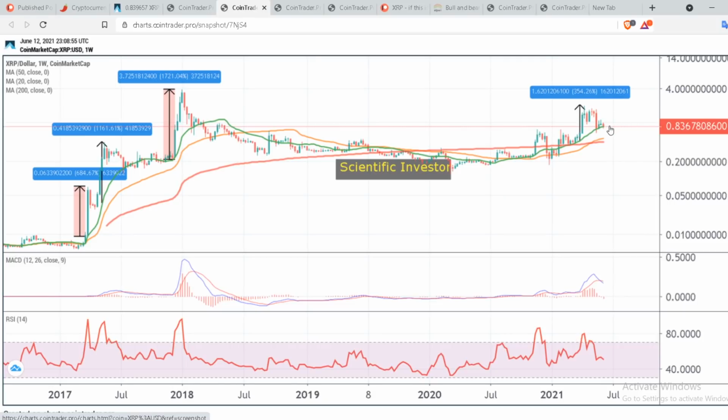So put that into perspective. From here we reach above the all-time highs, again consolidate for some time and then do this. So here if it is 1700%, let's say it goes to 1200%, right? So that's 10x again from there. So if you consider above the all-time highs, which can be from $3.8 towards $6, $7, $8, $10, we don't know, it's going to be another 10x from there.